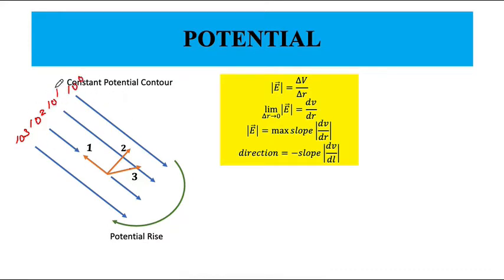Okay, so I want to find the electric field at this particular point. How do I find the electric field at this point? I need to find whether the slope would change, and in which direction I should look. So I try to find the slope along this line, because the potential is essentially constant along that line, right? So the electric field will not be affected along this line.